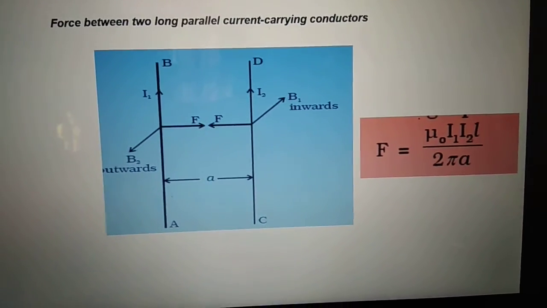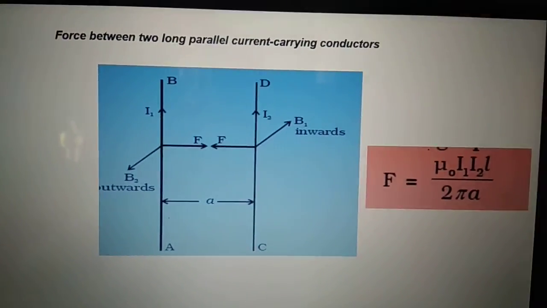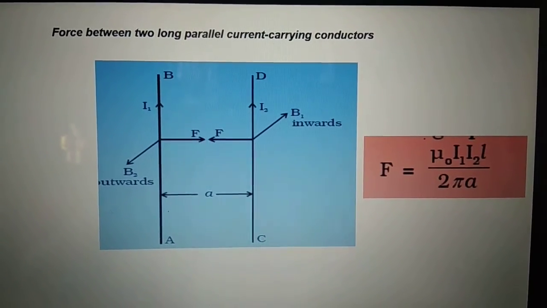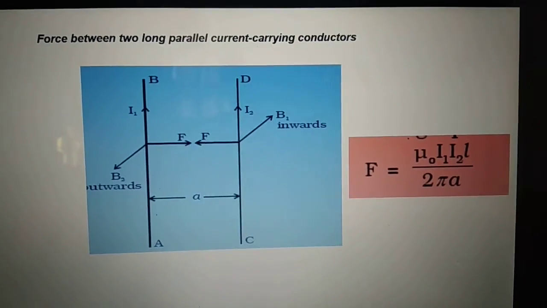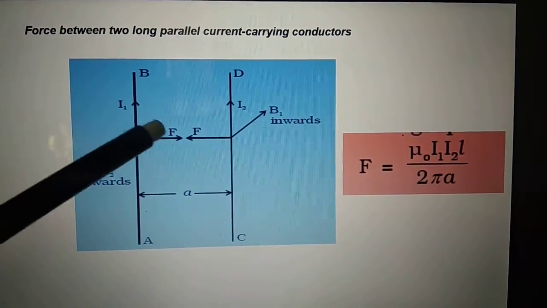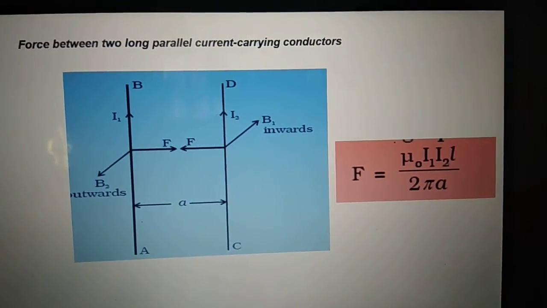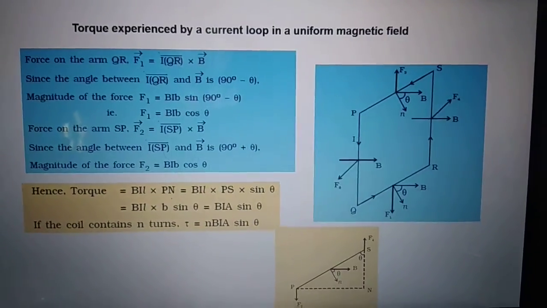wires. Maybe that is one reason that whenever we are having electric trains, then two electric trains don't run on parallel track in the same direction, because if the current was in opposite direction, they would have repelled each other. Now they are attracting each other. Okay, this is extremely important.